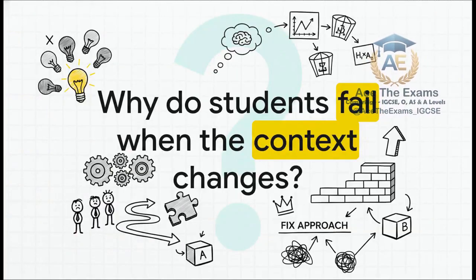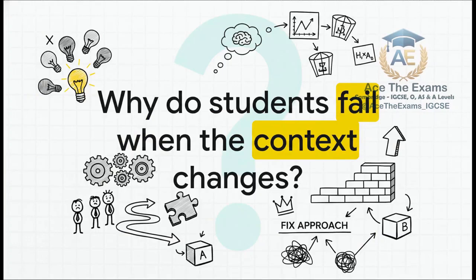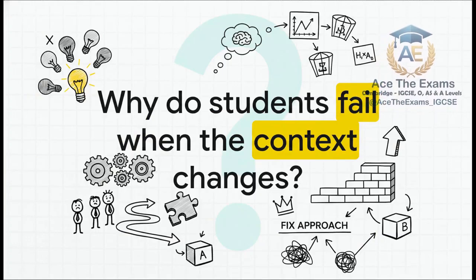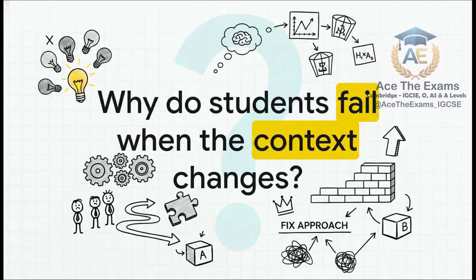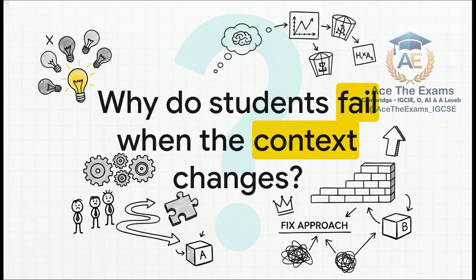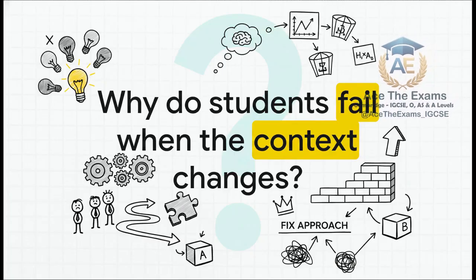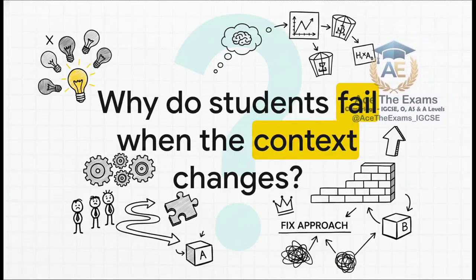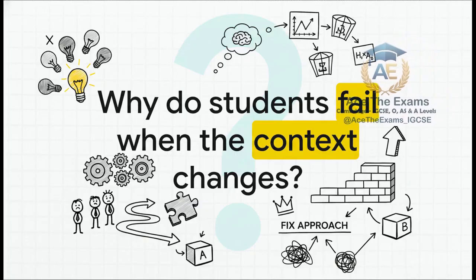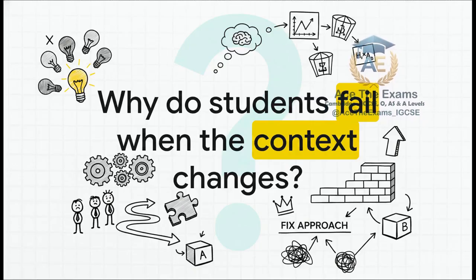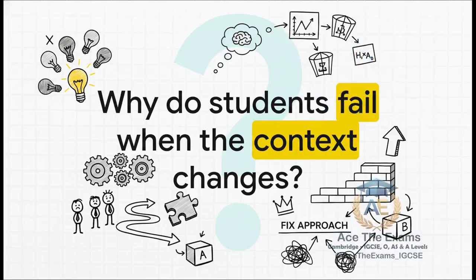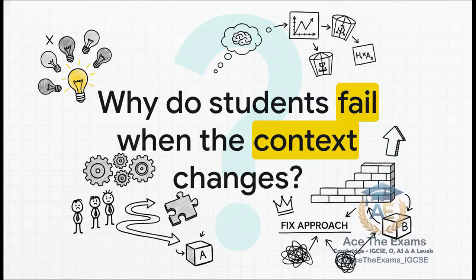Which brings us to a vital question. Why do so many capable students completely fail when the context of the question changes? If they know the math, why are they dropping so many marks? Well, let's look at two typical student profiles I see all the time. First, you've got the student who overcomplicates the recipe. Let's call him Alex. Alex throws a bunch of unanalyzed mathematical facts onto the page, hoping something sticks. Then you've got Sam. Sam rushes the writing process, panics under the time limit, and forgets crucial structural steps.